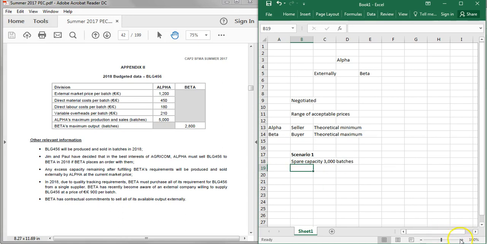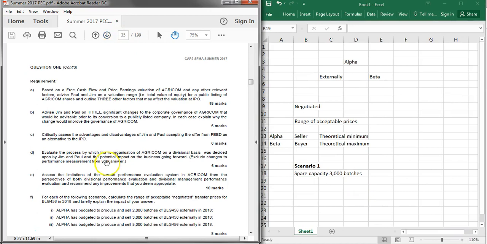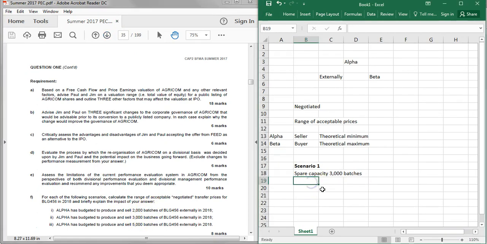So that's what that's telling us, that we have spare capacity of 3,000 batches. So in that instance, we have spare capacity. We are never going to use this. Alpha is never going to use it otherwise. So the transfer price, the minimum transfer price, should be set at either what we call variable cost or marginal cost. So in this case, the transfer price is going to be set at